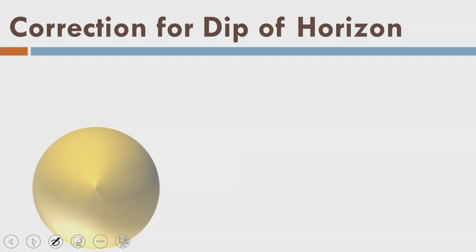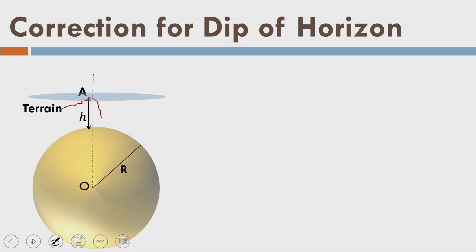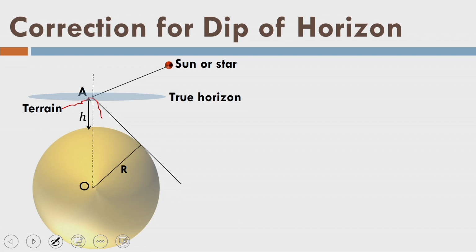Let us say it is the earth and it is the origin, and let us say it has radius r, and let us say this is a terrain. This is the point A, which is above the mean sea level at an elevation of small h, and this is the sensible horizon, or what we call the observer's horizon or true horizon. This is the sun. So I am measuring this angle. We have termed the true horizon at point A. Remember, I should draw it parallel to the sensible horizon, but it should pass through the center of the earth. But here we are still calling it true horizon because we have already made the correction for the parallax.